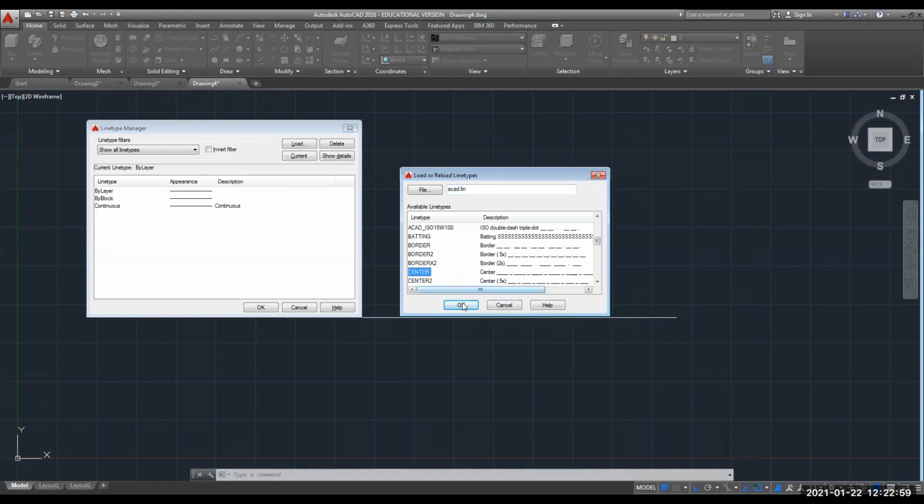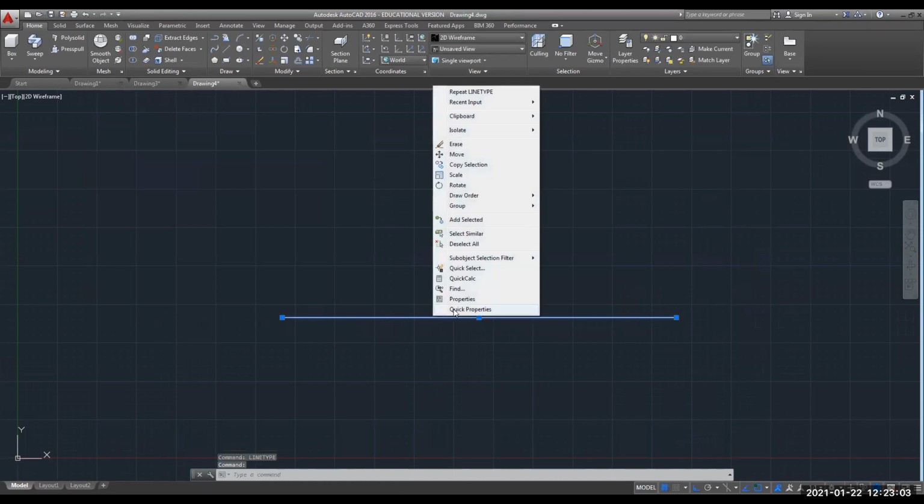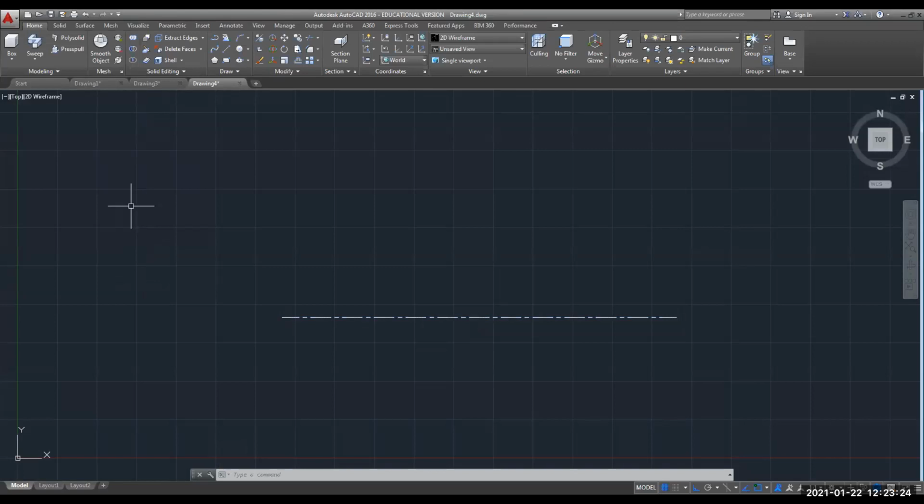This is our center line. Select it. Now select this line, go to properties, and click on the linetype option. Here you will see different types of lines: by layer, by block, center. So I will convert it to center line.